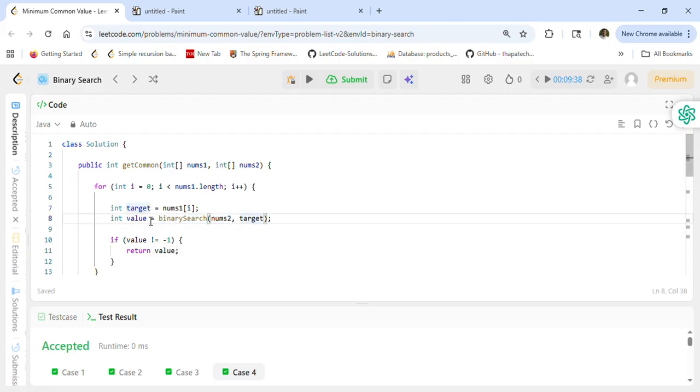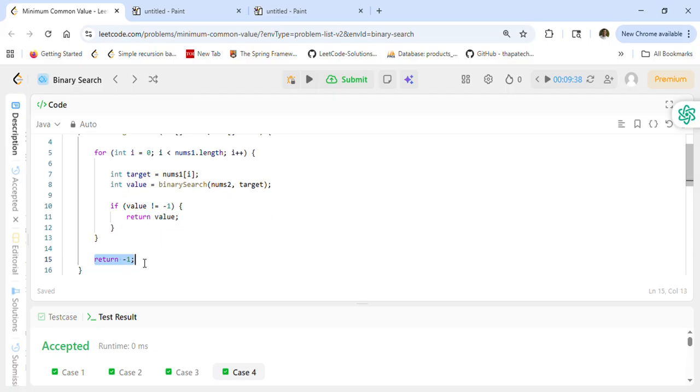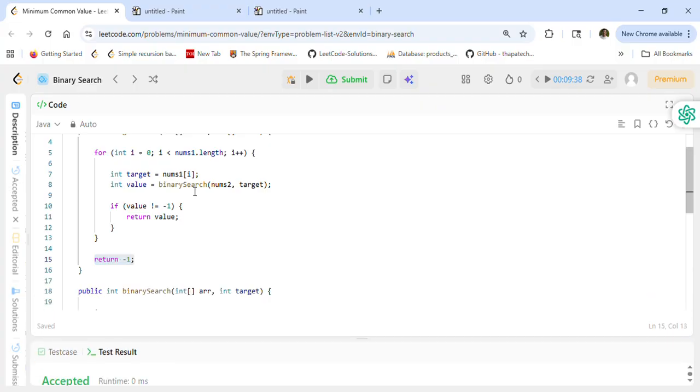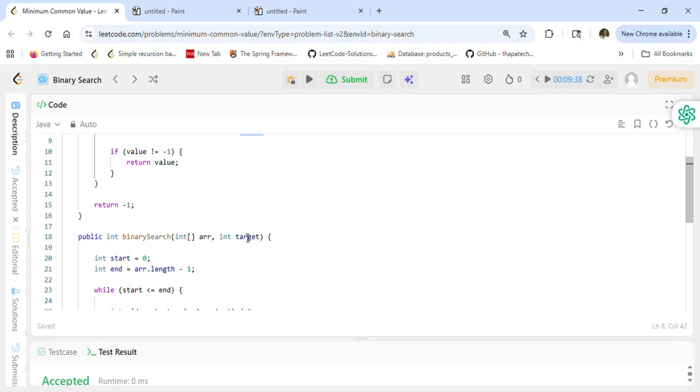Nums2 and target. If this value is not -1, then you will directly return the value. It means that you found that value in the second array, correct? If you come out at this end, it means that you never found any common element. In that case, you will return -1, guys. Right now, I'll show you a binary search. Here, you are passing the nums2 array, and you are passing the target value that you are searching in that